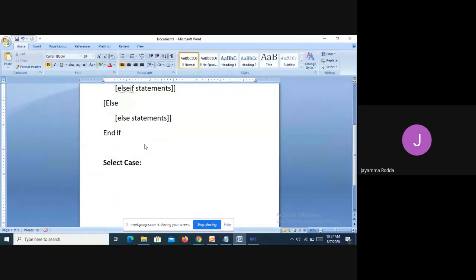As a result, the statements inside that case will be executed. Let us see the syntax for the select case statement.